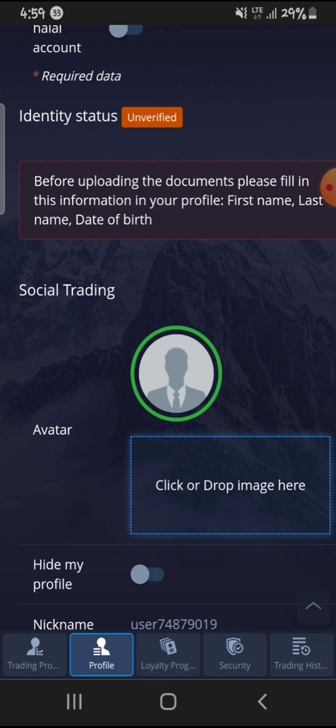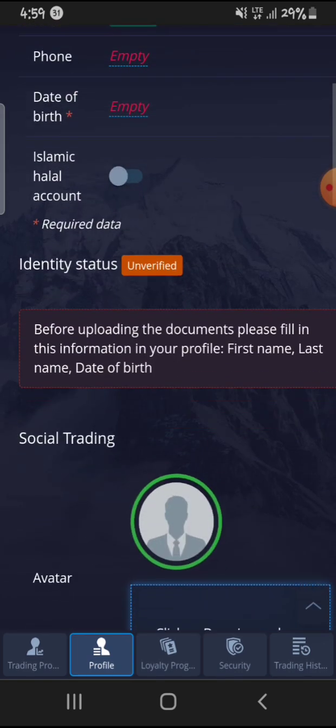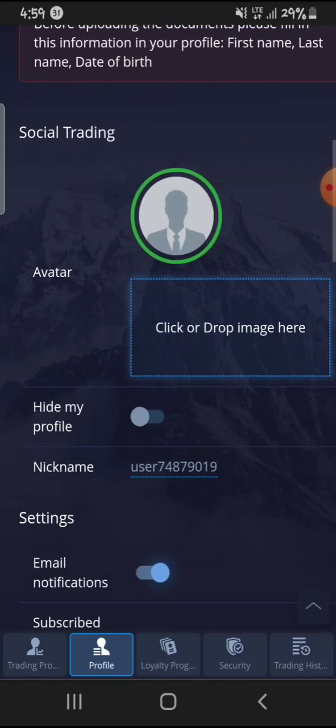The slip will never work, and there's a high probability that in some instances, maybe if the NIN is not too clear, even the card might not work. But voter's card works, driver's license works, and obviously international passport works everywhere. So yeah, let's dive into it. You're supposed to come here, click on,